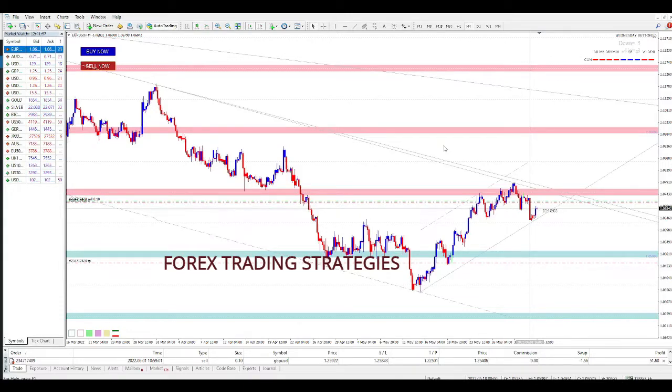So if price takes me out there at break even and it still shows me an opportunity to sell, I'm going to jump in again and sell. If it then passes my resistance zone there, then I know that we are looking for buys. The buyers are definitely in control. But well, the market does that sometimes. It takes you out at your stop and still continues in your direction. So it's not a big deal for me.